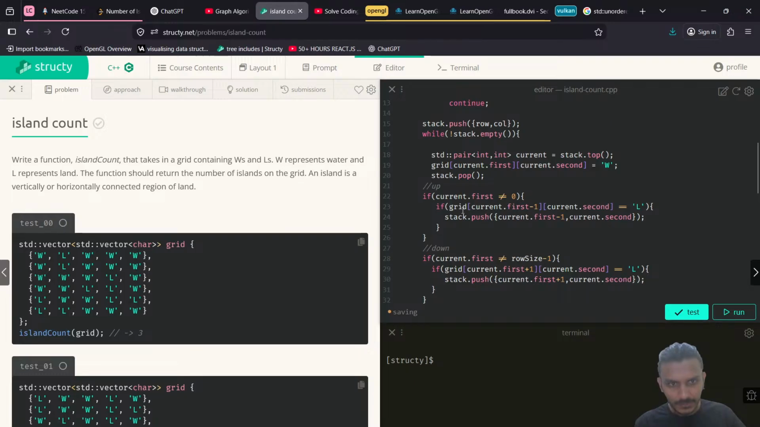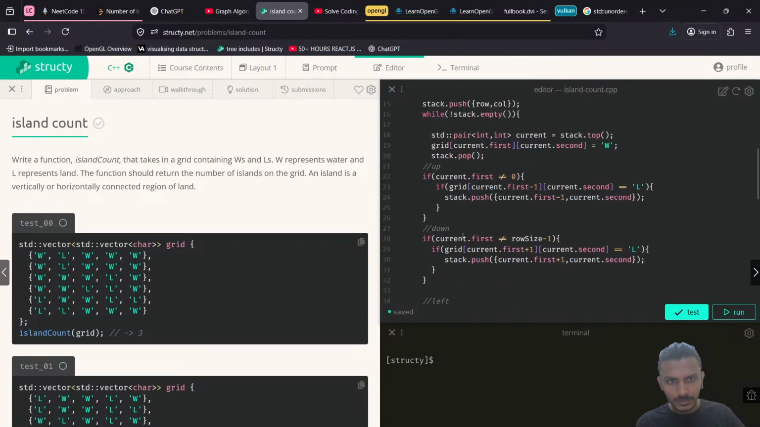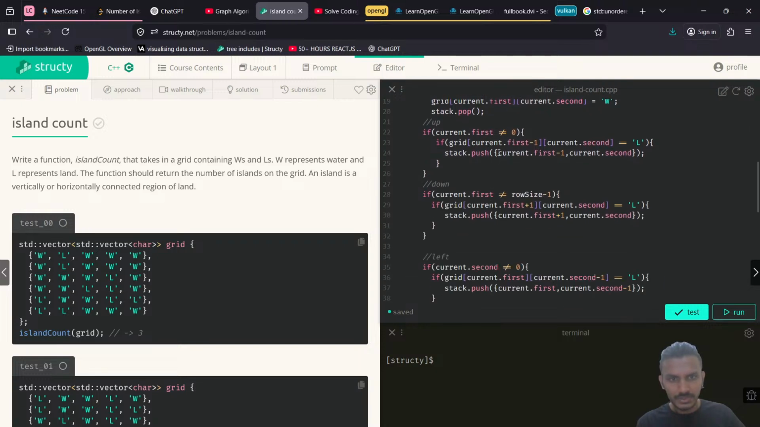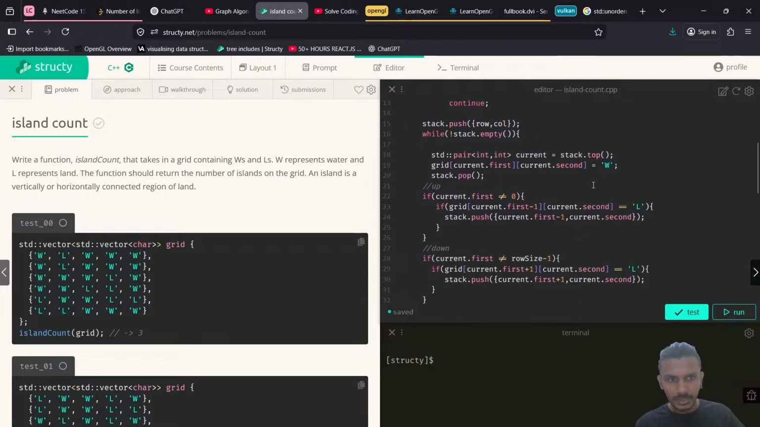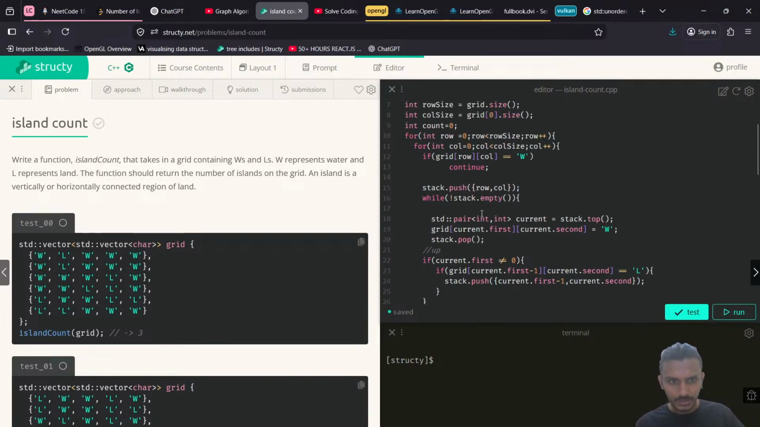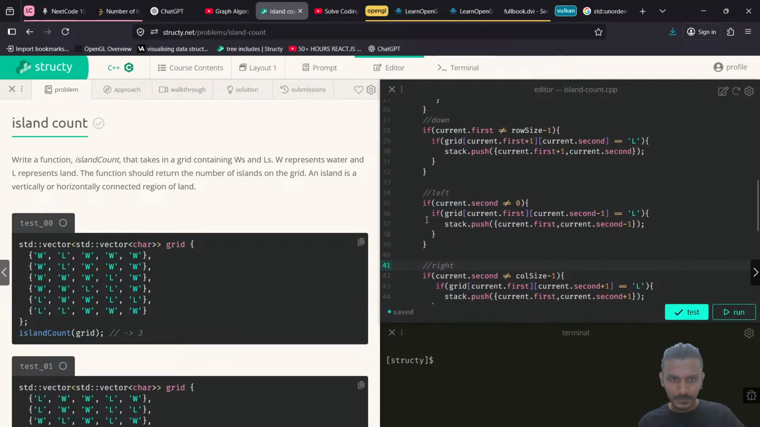While it is not empty. Right? So that is we're checking all of its neighbors: up, down, left, and right. So if they are land, we're adding it to the stack. Otherwise, we are not adding to the stack. While it's not empty. Once we got it empty,